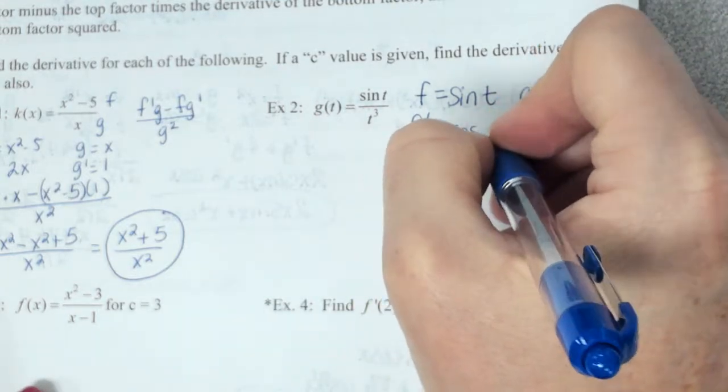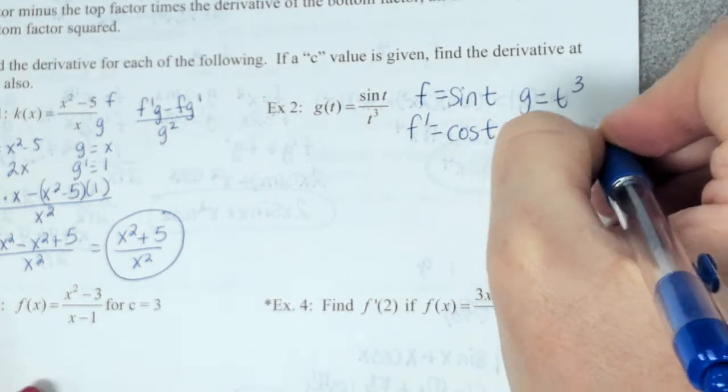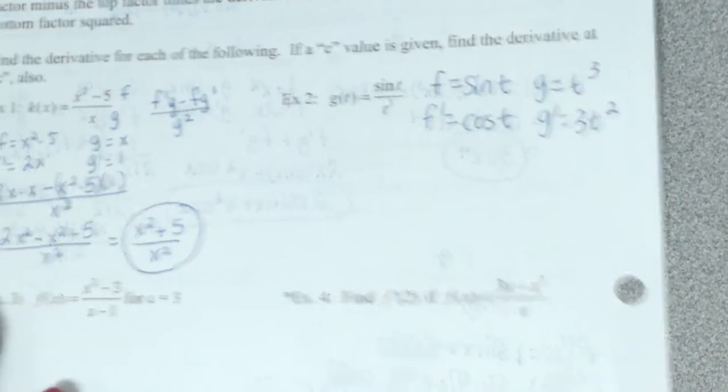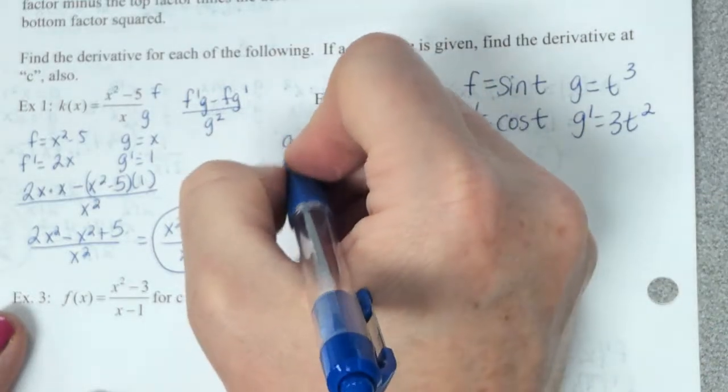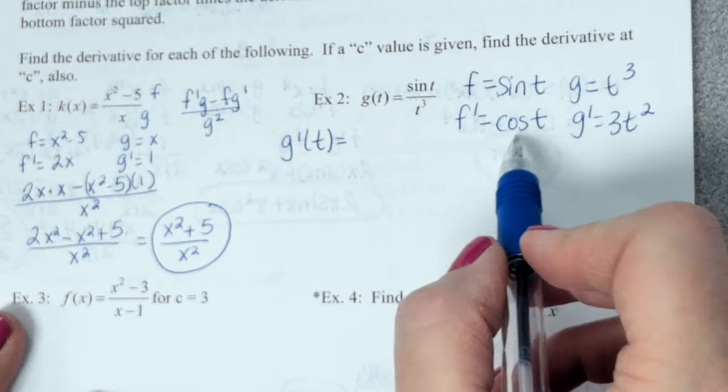Cosine. It's not negative, it's just cosine. And then the derivative of t cubed is 3t squared. And now it's just a matter of applying our formula. So the general derivative here is going to be f prime